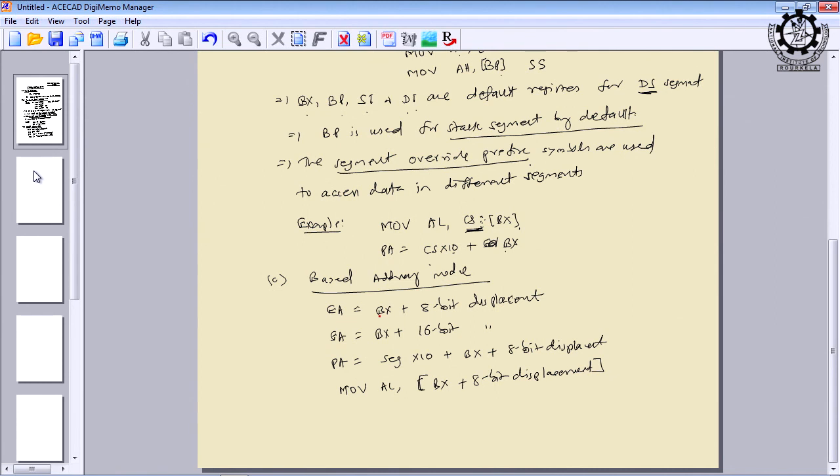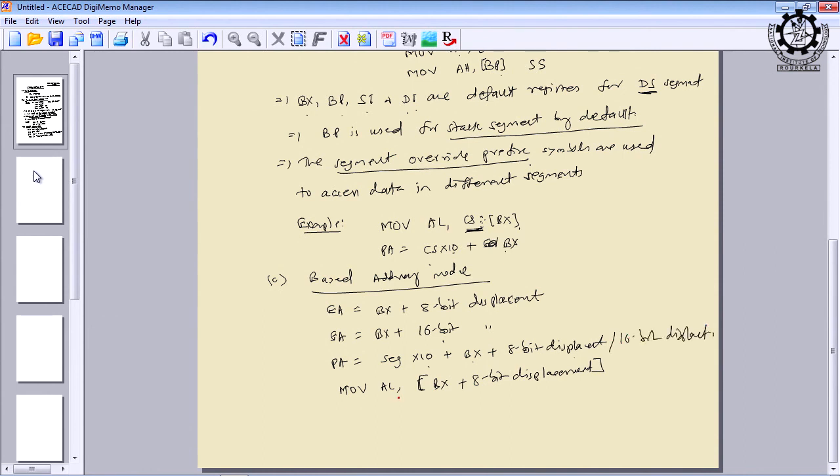So, effective address is equal to BX plus 8-bit displacement. 8-bit displacement means you have to use a 2-digit hexadecimal number, and that will be added with the BX content, or we can also use a 16-bit displacement. Either you can use an 8-bit displacement or a 16-bit displacement. So, physical address is equal to segment times 10H plus BX plus 8-bit displacement or 16-bit displacement.